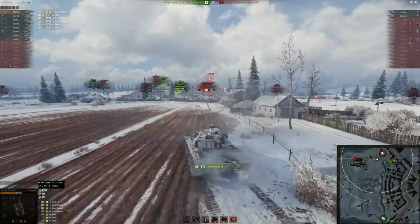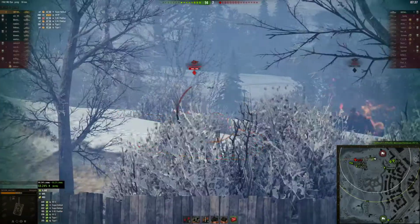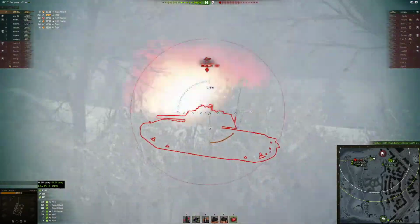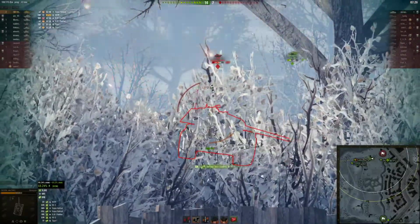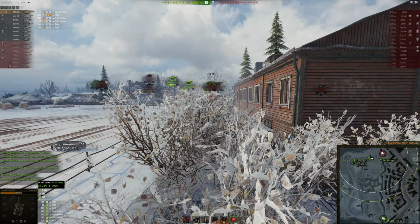KV-3 is much bigger here, so I put a shot into the side of his turret. 339 damage on him. Currently rolling at just over 5,280 damage. Missed that shot on the 45, so just going to roll forward, try and get a better shot. But at this point, by the time I reload, he has no health left, and we pick up the final kill. So a very, very good match for the